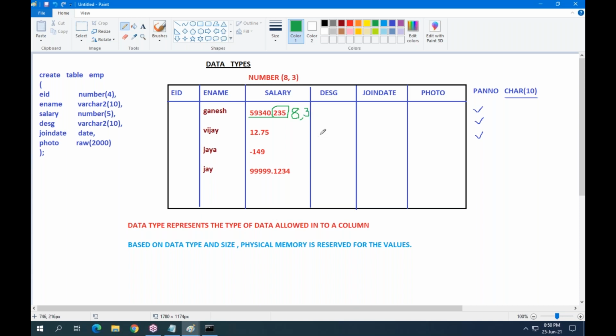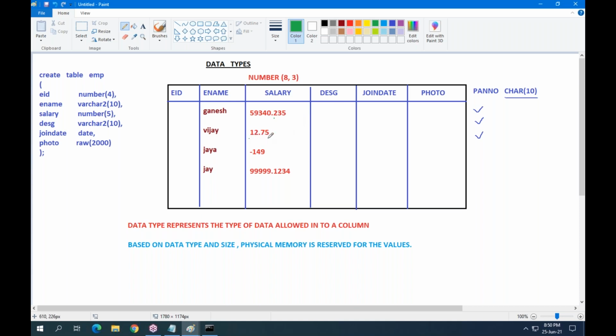So this size is within the limits. Yes. So the first value is valid. Total length 8, maximum scale length is 3, so it's valid.